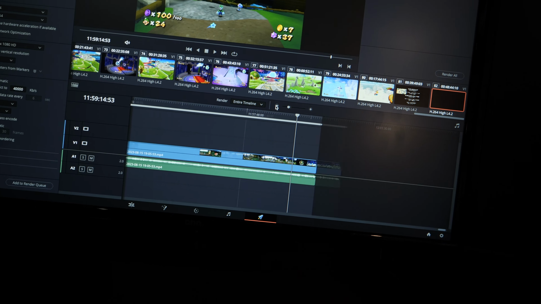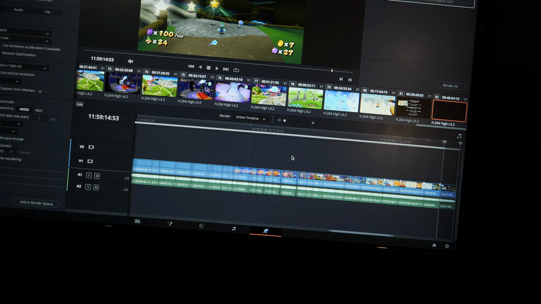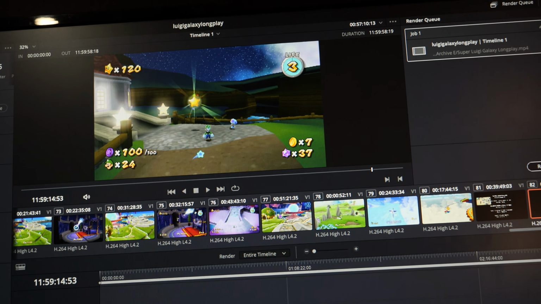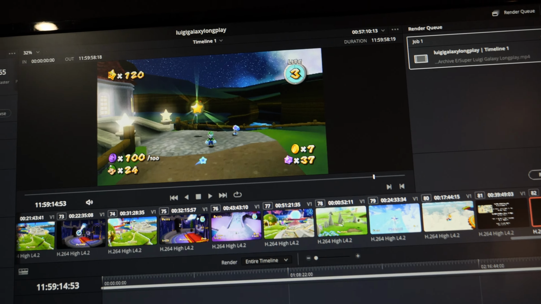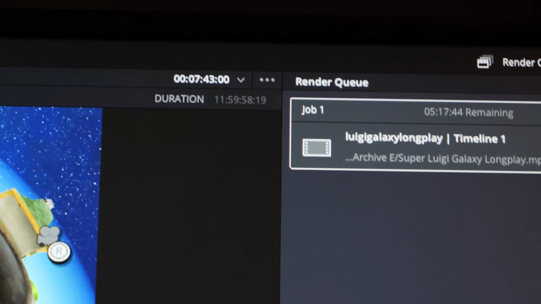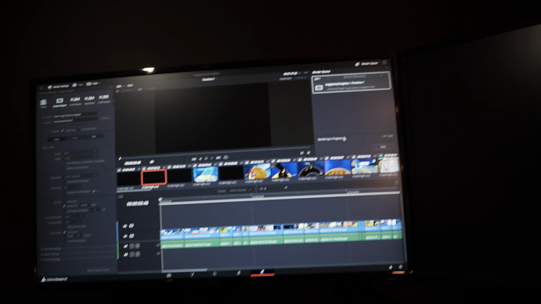Add to render, and here we go. The whole thing, this is as far out as you can zoom, and it doesn't even fit. I'm gonna hit render, and it should take 6 hours to do this. Okay, it's probably gonna be a bit less than that by the end. What this does mean is that I can't use my laptop for the rest of it. Oh, okay, well I can. If it was my old computer, I couldn't use it for the rest of the month.